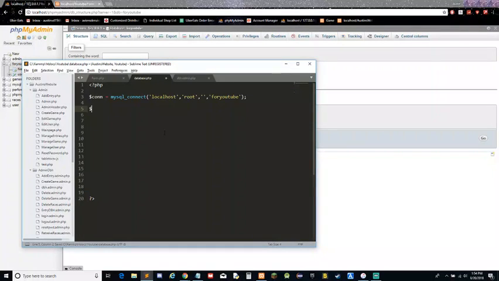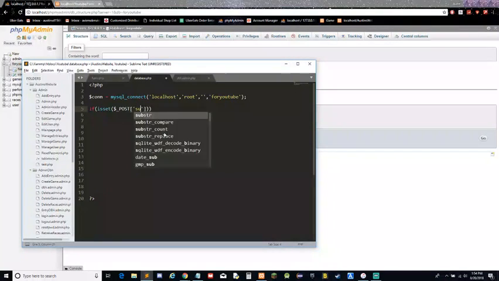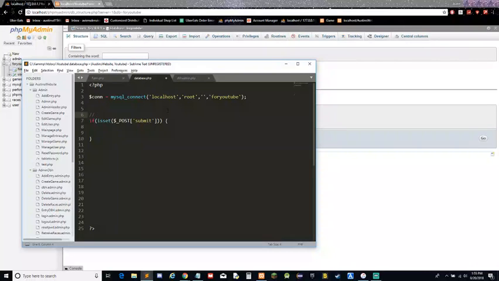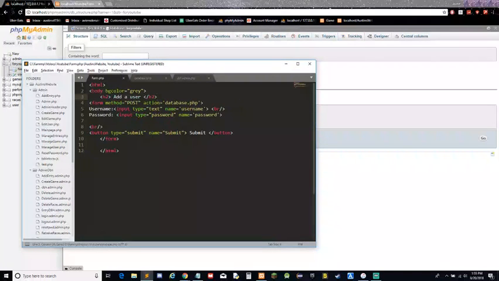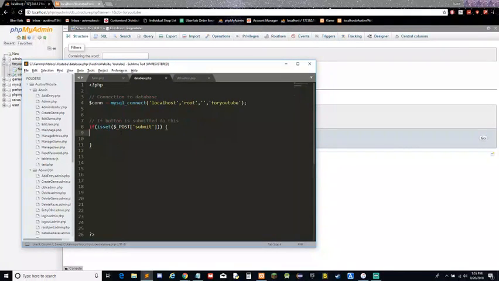Okay, so now we're gonna do if isset $_POST submit. This is basically saying if the button is submitted, do this. Let's comment this connection to database. Alright, and we have yet to do this, so we're gonna do a variable called